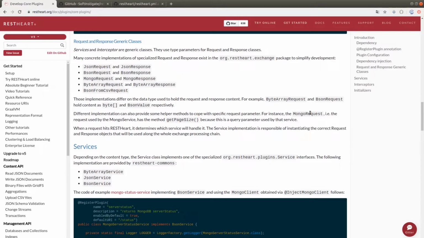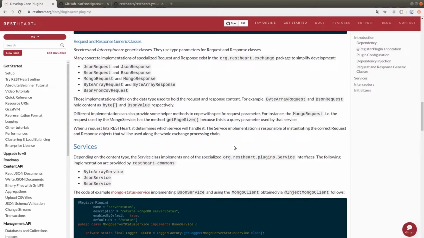For example, the Mongo request, which is used by the Mongo service, shows the getPageSize method too. This is because it is a parameter inside a query in the service. When a request coming from a client reaches Restart, Restart determines the service that will have to manage it, and so it initiates the request and response objects which will be used for the proper management.